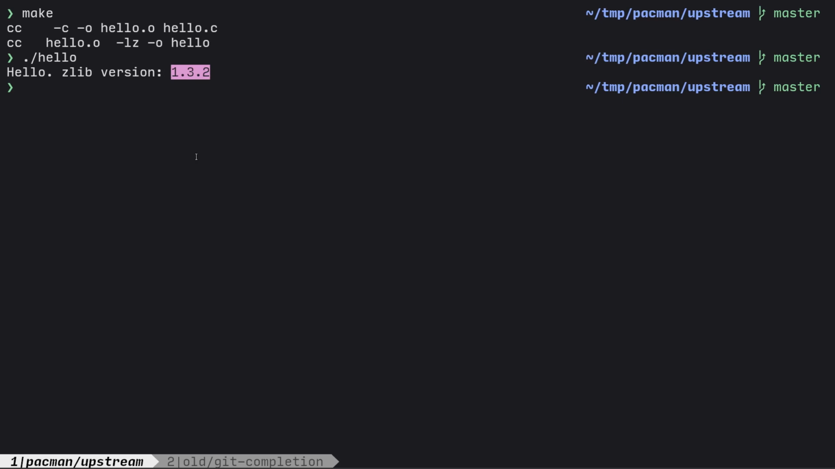I can verify by asking Pacman, which is the package manager of Arch Linux. I'm using Arch Linux, by the way, and it says version 1.3.2. Okay, so far so good. But actually, I'm going to show, before even trying to do the packaging stuff,